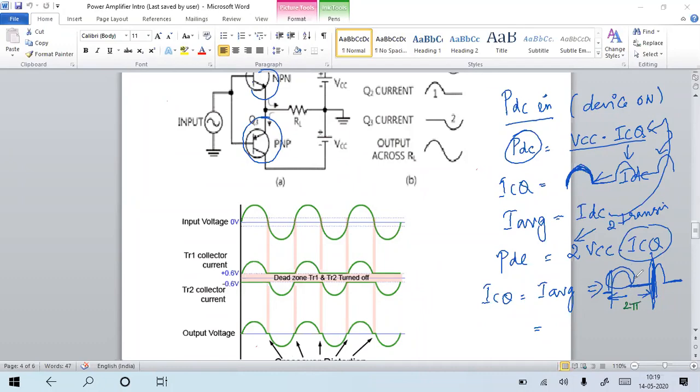I want to calculate the average of the amplitude present only from 0 to pi, but I have to consider the full cycle, because this full cycle is repeated. So VCC is there for this full cycle, but here it is 0. Now how can I find it? Already we know that for the rectifier we apply integration from 0 to pi, where the waveform is present. That means the waveform is Im sin omega t d omega t.